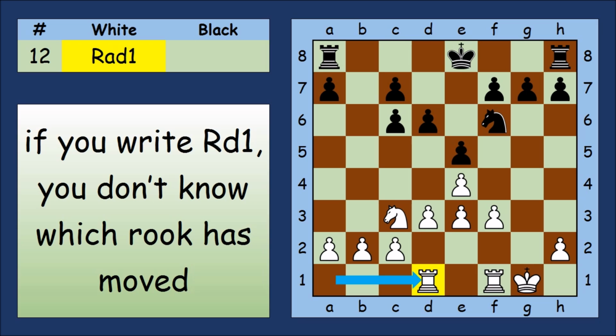Occasionally things get a little more complicated, but it's still really easy. On this move, white has moved a rook from a1 to d1. But white can also move the rook from f1 to d1. How are we going to write the move down so we know which rook has moved? It's the rook on the A file that has moved, so if we add the file name after the piece